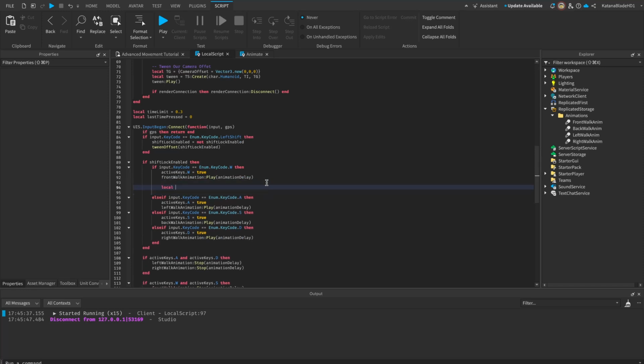Create a new variable in here, local current time equals this, which is called a tick function. And this is basically a universal stopwatch that's been running since the 1st of January 1970, which means this is a variable that's constantly increasing and changing. So when we press W, we can get the current time,